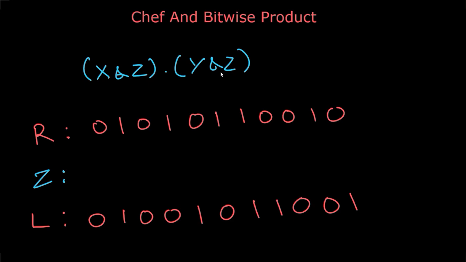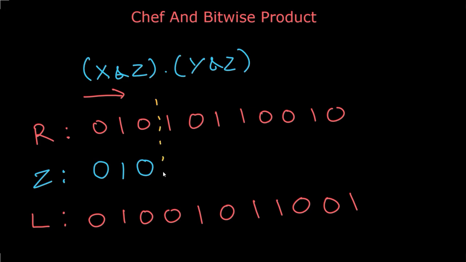So to find the possible values of Z, we will iterate through all the bits of L and R from left to right. The leftmost bit of L and R are same, which is 0. So Z will be 0. Similarly, for the next bit, Z value will be 1 because for both L and R, this bit is set. And for the third bit, it will be 0 since L and R are having this bit as 0. And from the fourth bit is when we will start getting different values for Z.